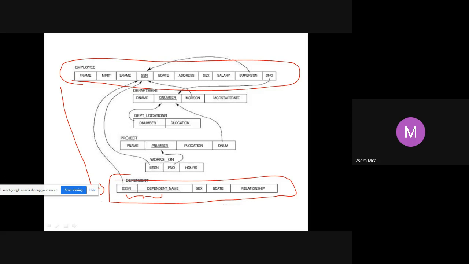All the dependents who are in this table, let us say there are 10 records in this particular dependent table. All those 10 dependents have somebody related in the employee table, correct? But there may be some employees here who do not have anything here. Let us say I don't have any dependents. Then my name will not come here. My ESSN will not come here at all. I have to pull out those ESSN. Hope the question is clear.